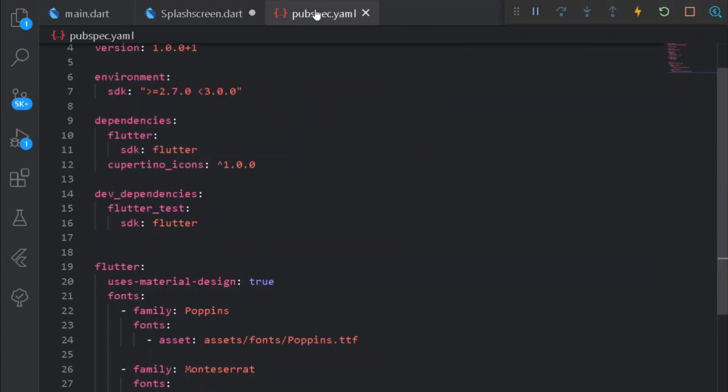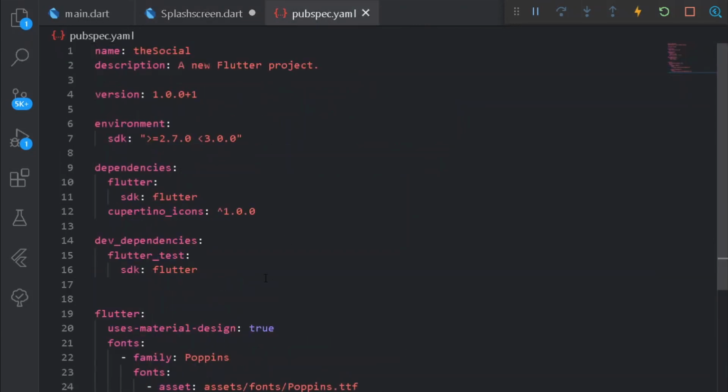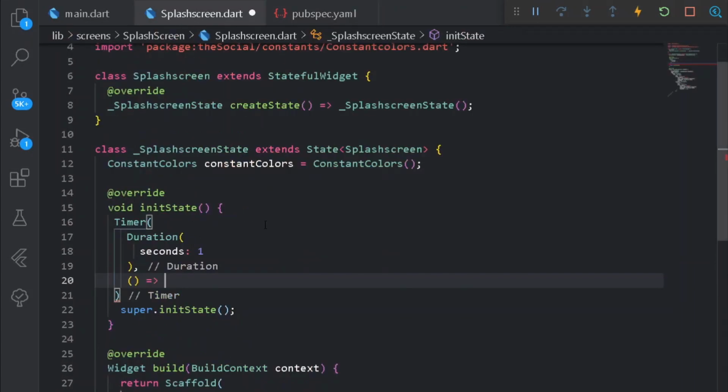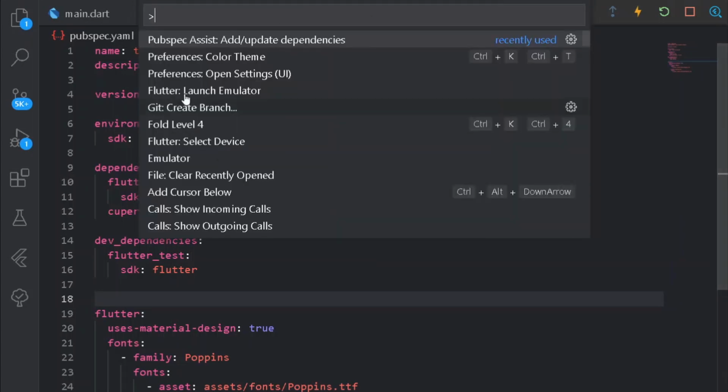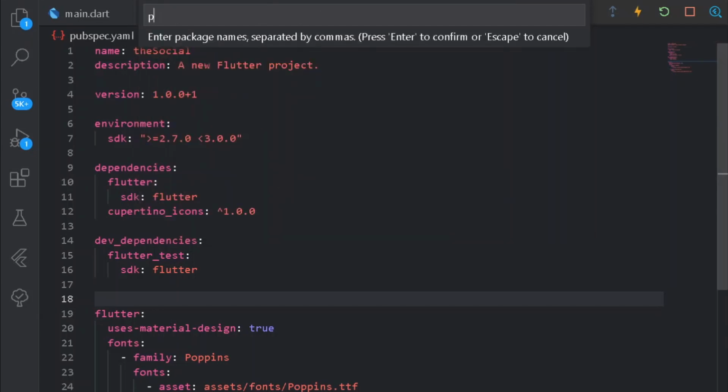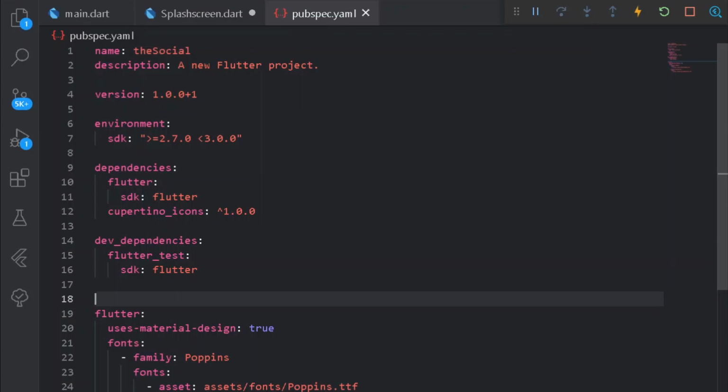Before that I can simply go under my pubspec.yaml file, and instead of having just a common navigation I will be having some fancy navigation. For that I will be pressing Ctrl Shift and P to bring the command palette, and here you may observe you will be getting PubSpec Assist. Under it I will be writing page transition, which is one of my favorite packages for getting all the transitions between the screens.